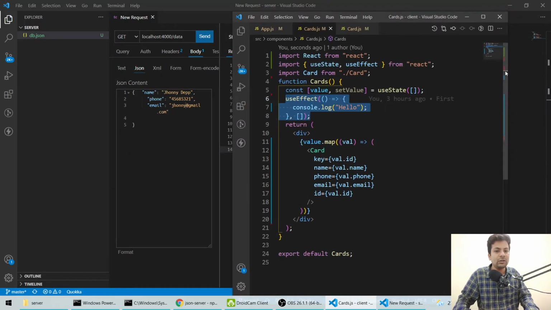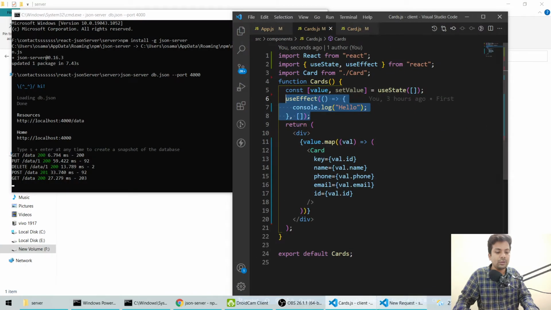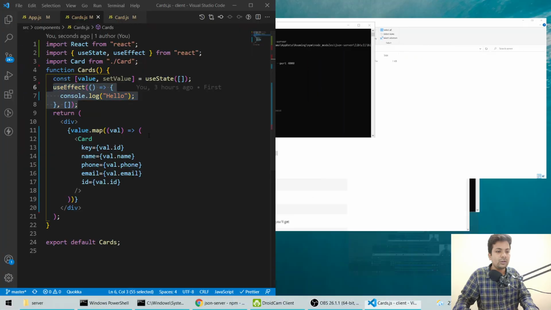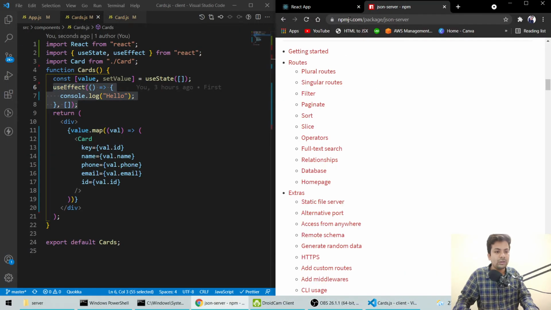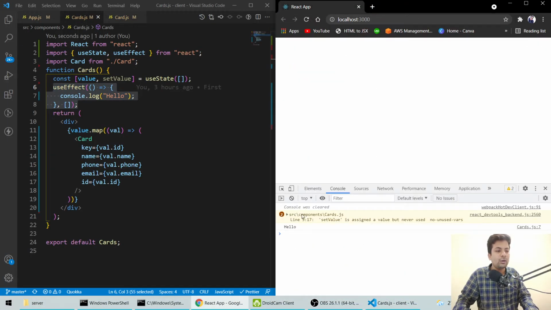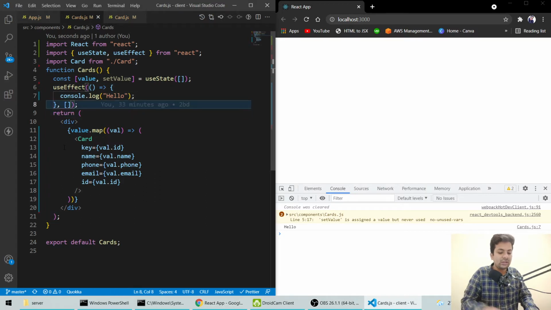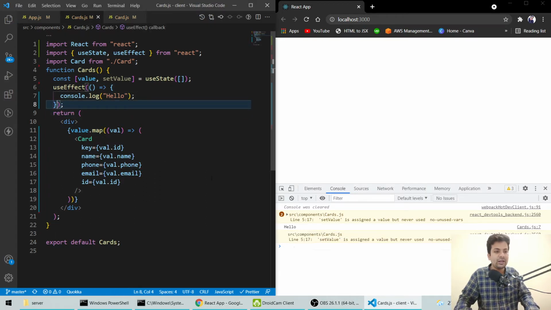Now we can just keep it down, or we can just close this. Yeah, now here, see hello. If I just remove this empty array and save it, see, it's printing again.